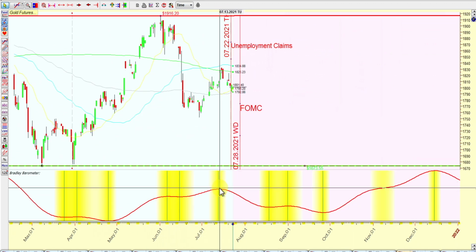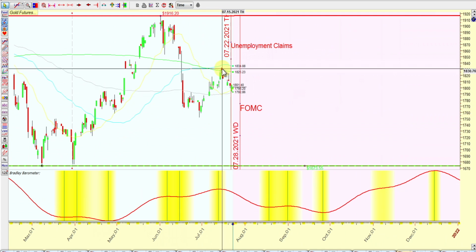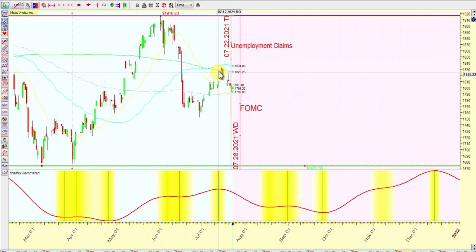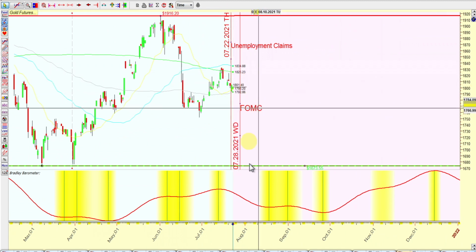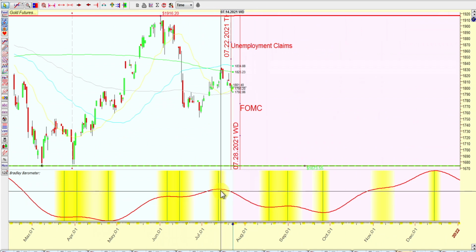This is the Bradley model. You can see that this one kind of worked out really good. 1712, we got this peak up here. It was a little off. 1712 was here, and the high was the 15th, a couple of days off. This doesn't necessarily mean that price action is going down, but could be. I kind of look at it as turning points.